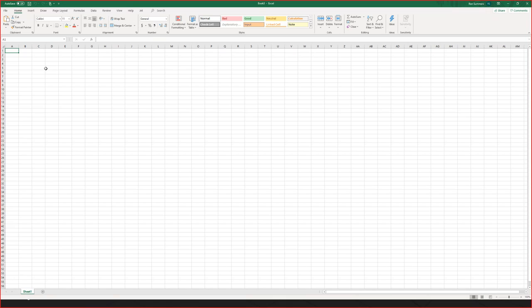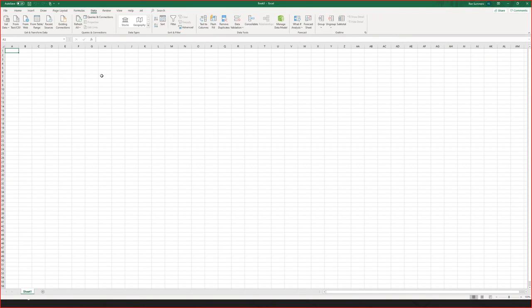Excel over the years has transformed into this amazing tool to report with, for data analysis and all sorts of things, and they just keep building more and more into it. If you look at Excel and what they've done, I don't remember exactly when they added it, but they added the data tab. There's a lot going on in this data tab, and there is a lot of functionality here.